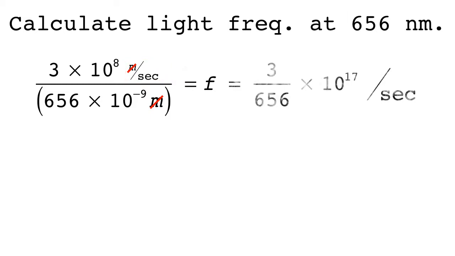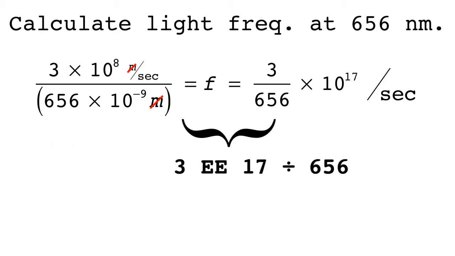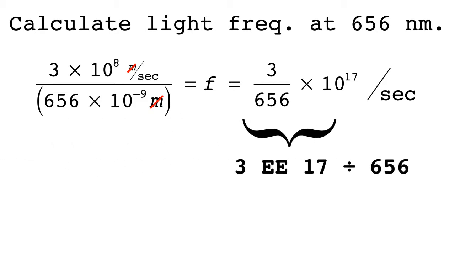All right. So if you're lazy, you're doing it on paper, you forgot your calculator, you could do it this way. Take the 3 and the 656 and park them out here to the left, and then take this 10 to the minus 9 from the denominator and bump it up to the top, and so you have a total of 10 to the 17 on top, and then your hertz out there to the right. So on a calculator, you would type it in like this: 3 EE 17, and then the divide sign, and then 656. Or you could just do this one over here straight if you know what you're doing.